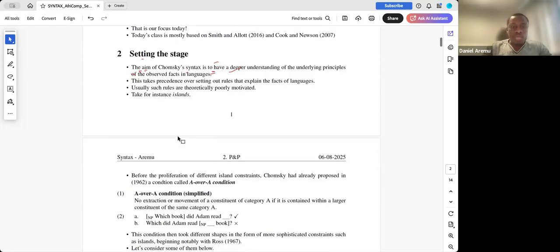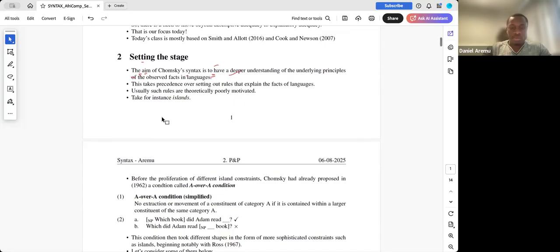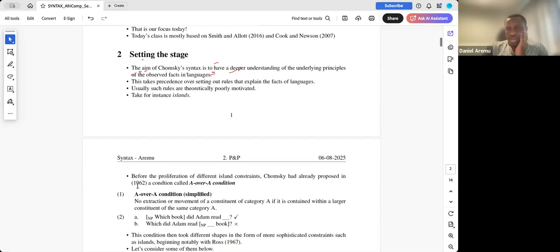Okay, in order to make sense of this, let's look at Ireland, for example. I remember we said one or two things in the last class about Ireland, so I'm going to say more things now, in case you are not familiar with it. I think this would help. Remember, we want to take different rules and make a generalization and just have a natural class, so that we don't have too many rules out there. So one of the things Chomsky